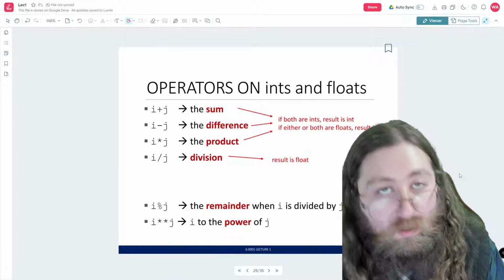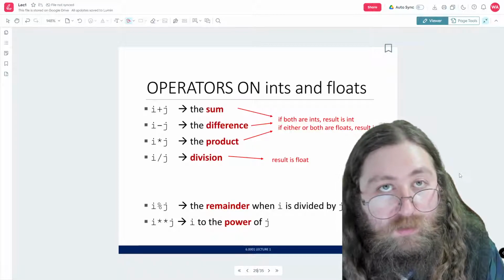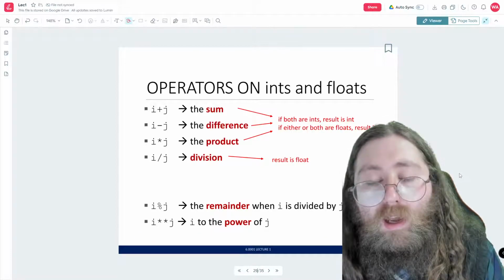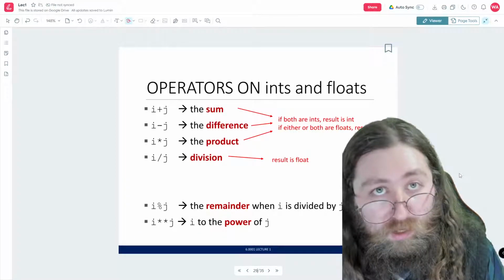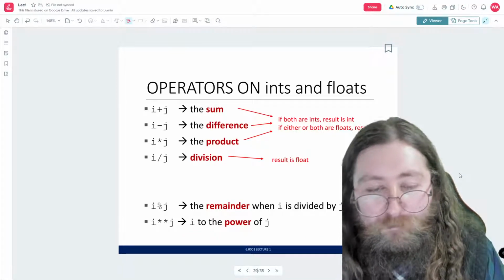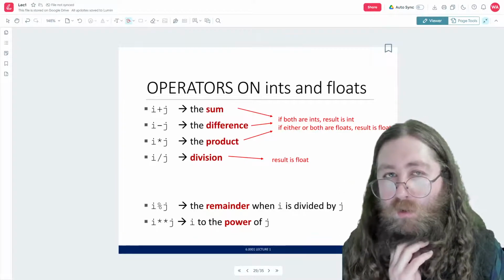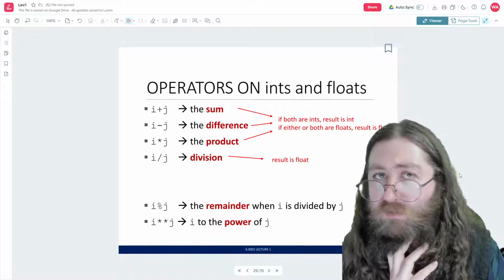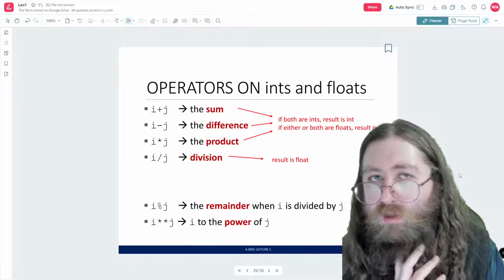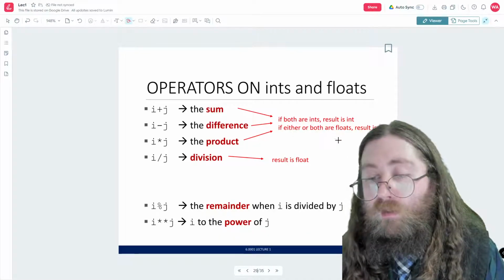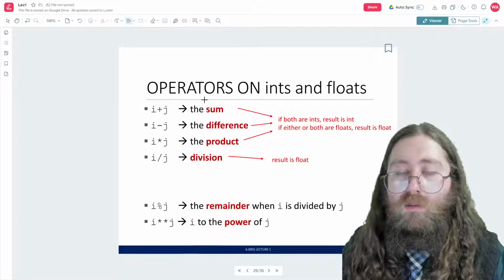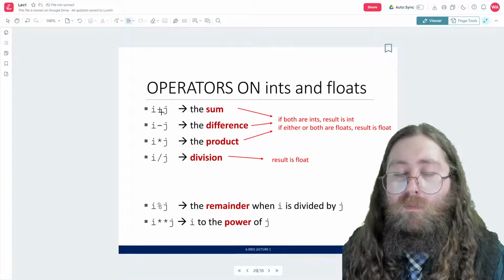If we have a minus sign, that is the difference, and that gives us subtraction, basically. We have a star or an asterisk that indicates multiplication, so that's how we get a product. And then using a forward slash, we get division. Now there's one more, and that's a double forward slash. That's a kind of division, but it's subtly different. So here we're just not quite talking about the double slash yet. So with these up here, there's a little bit of a weird thing that happens, but it makes sense.